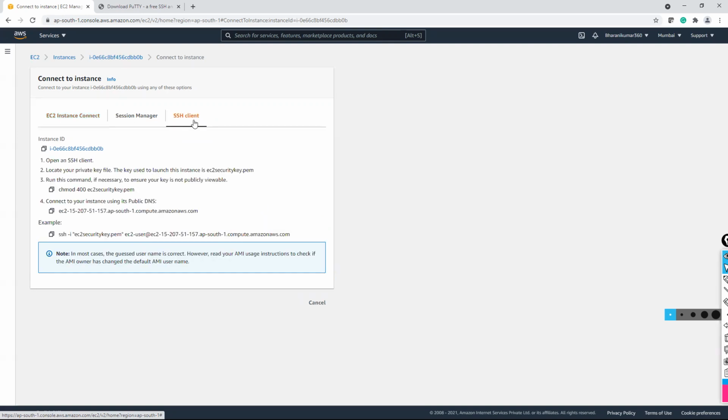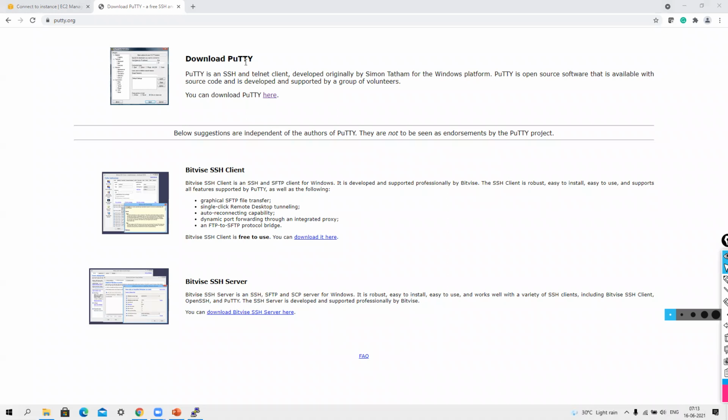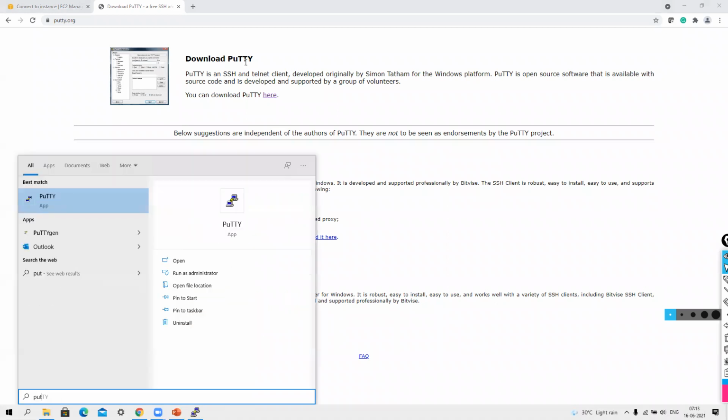So let's also discuss SSH. SSH is a protocol as we already discussed. It is a protocol used to virtually access, especially Linux instances. And to use this SSH and connect to your EC2 instance, Windows users need this software called PuTTY. Mac users can use their terminal. No need to download and install anything for Mac users. Windows users need this PuTTY. You should download and install it. Go to your PuTTY, guys.